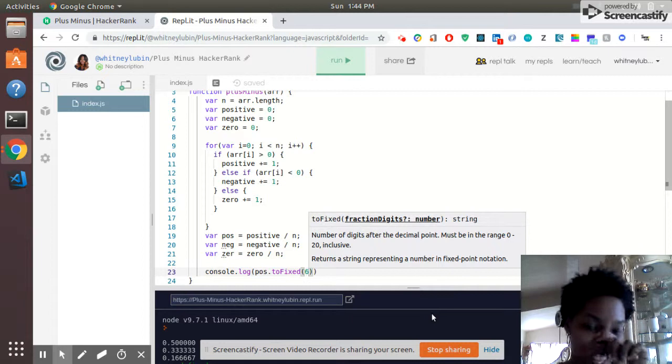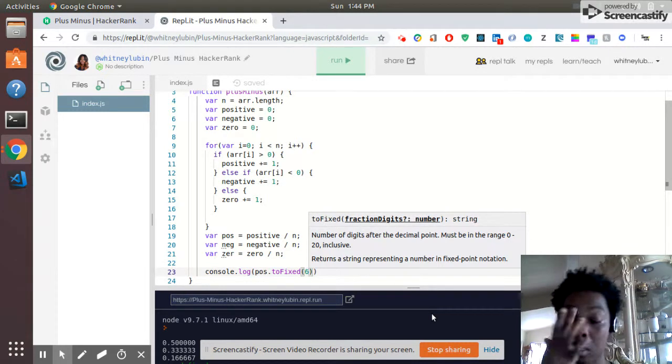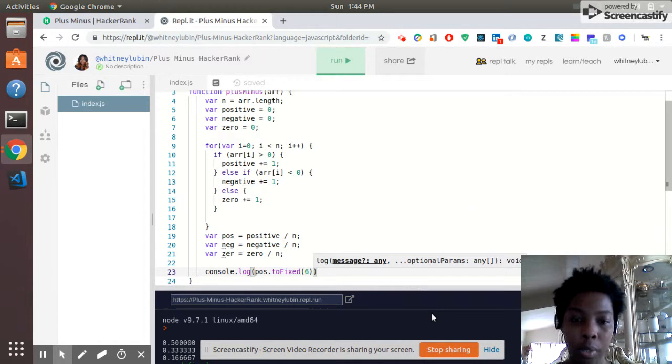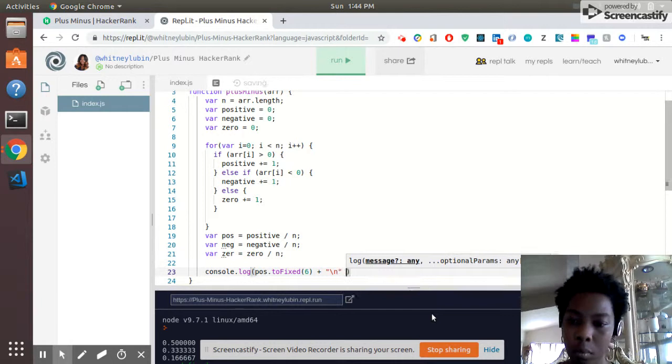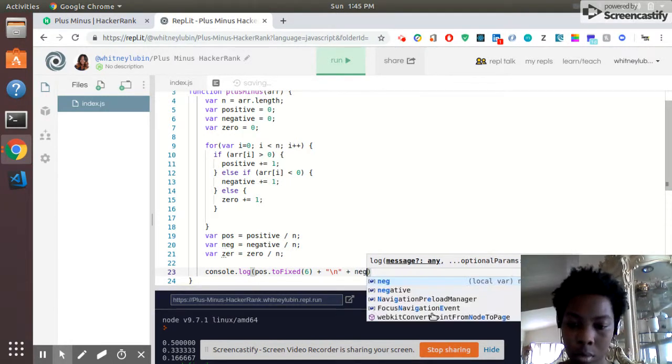So it automatically turns it into a decimal that goes to the 6th place. That's what I do. And to make sure that it goes to a new line, I add the new line break, which is a backslash and an n. Neg dot